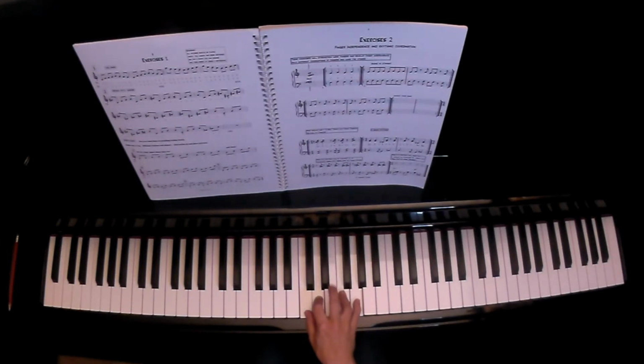And again, you can make up your own exercises. You can make it from crotchets to triplet crotchets. You can go into quavers, triplet quavers, semi-quavers, triplet semi-quavers, etc. Probably after that speed it starts to get a little bit tricky, and also you might find a lot